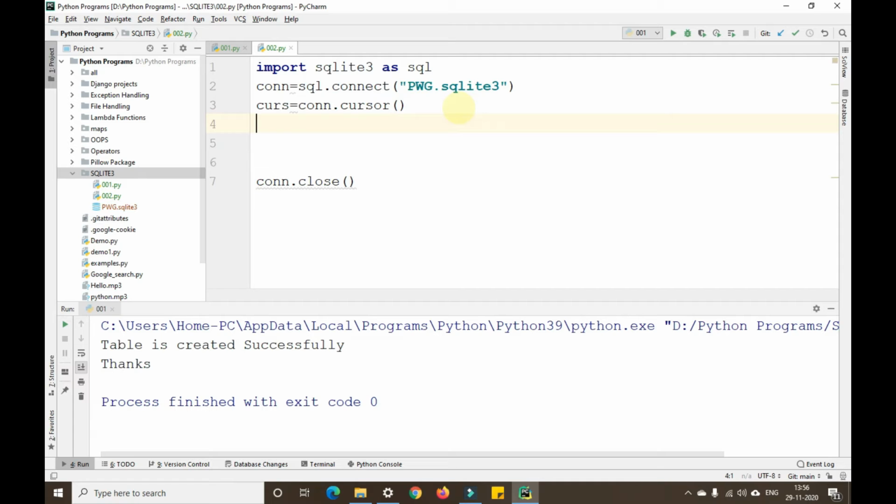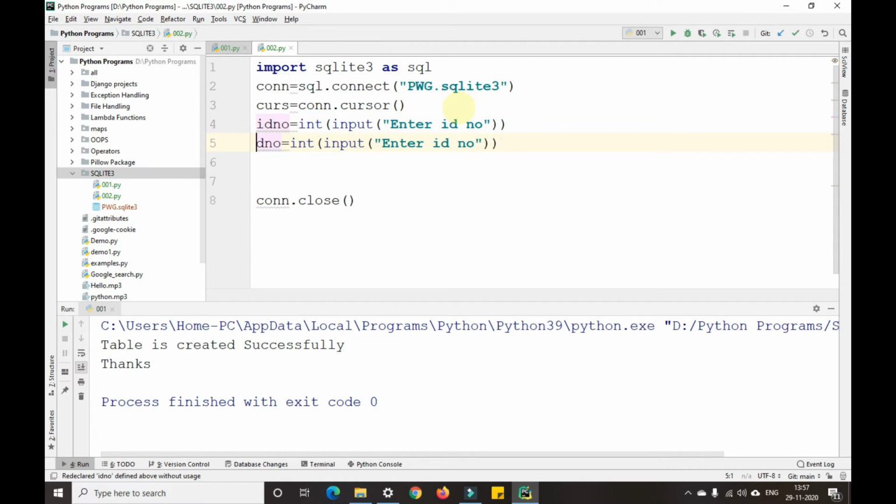So I'll take a few input statements, ID number equals int of input, enter ID number. Okay, in the same way, name. I'll not convert this into int, it is by default a string there.